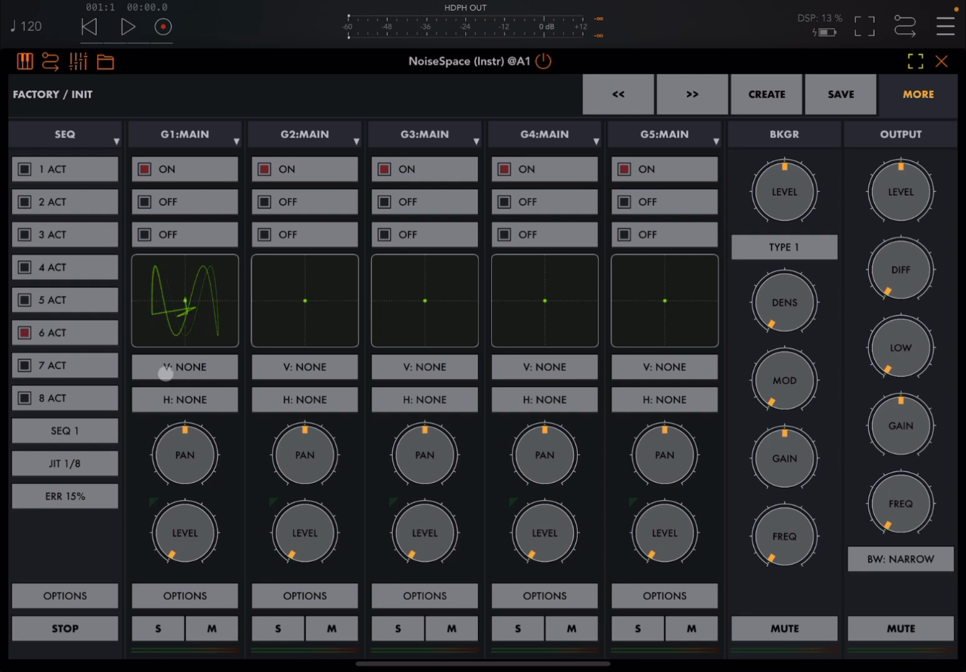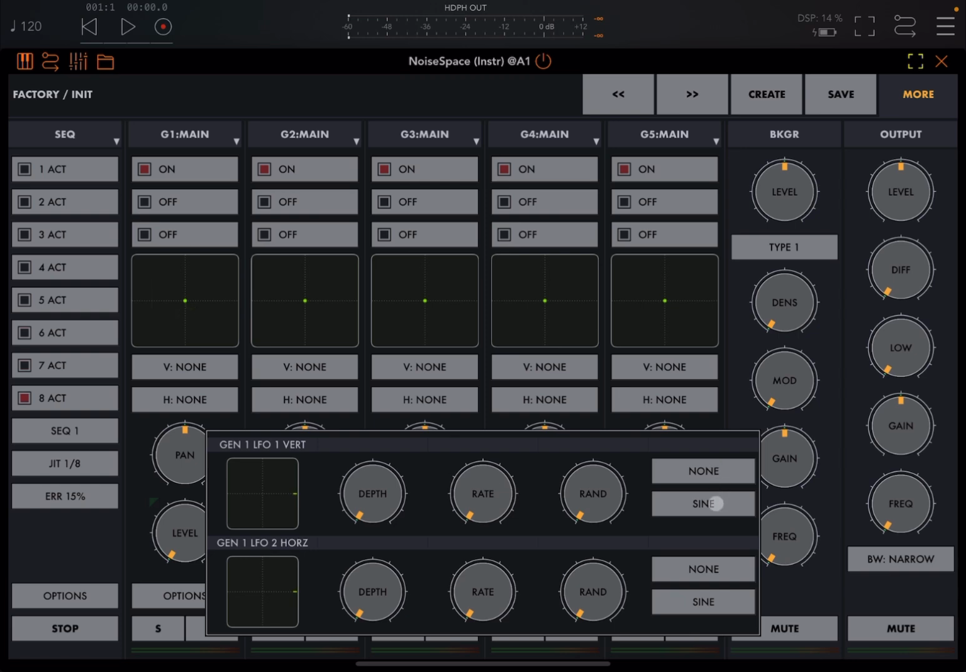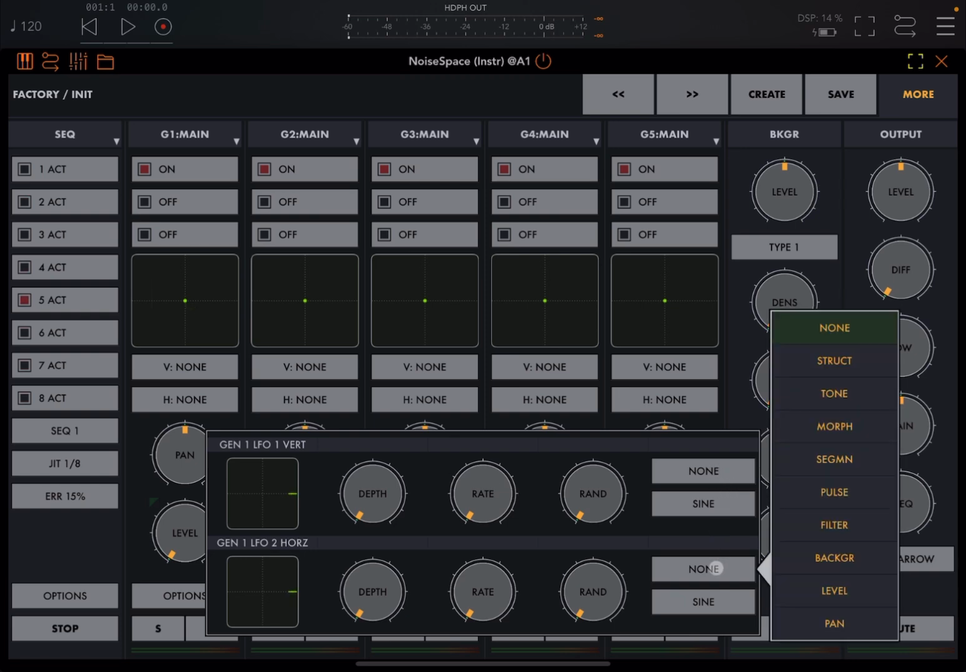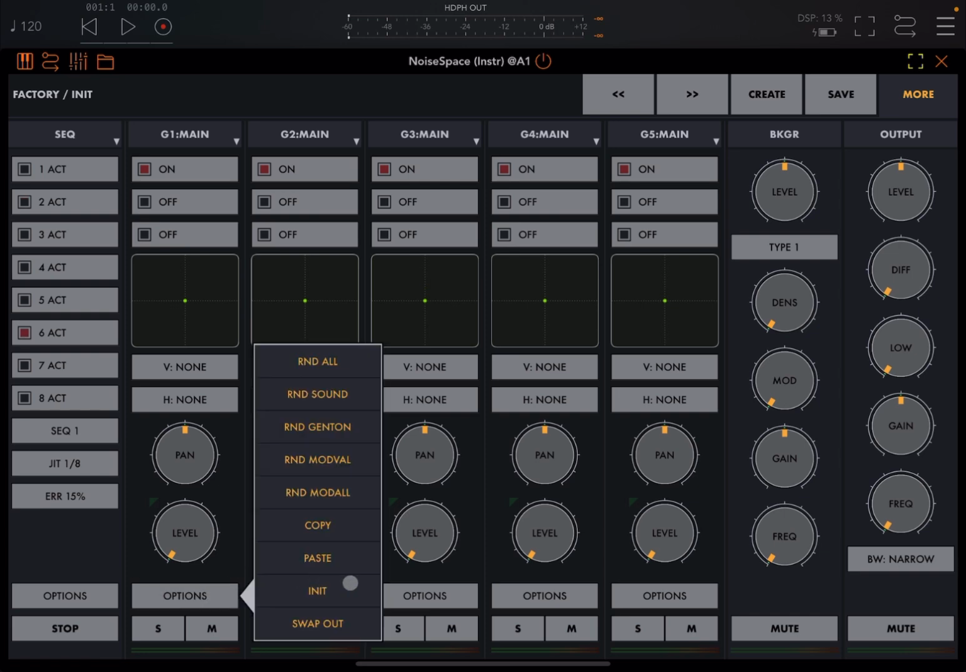And by the way, these two buttons here, vertical, where it says none, you can change very quickly vertically what you are modulating, the same horizontally here for the 2 LFOs here. It's practically the same as selecting none here and none here, okay? But back here to the options, you have the ability to